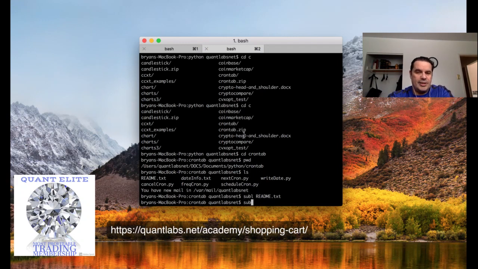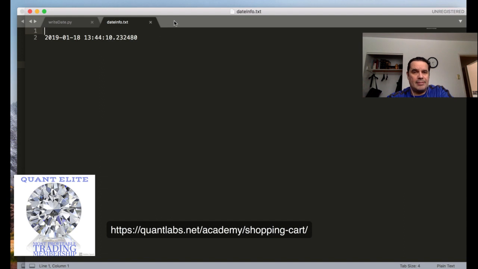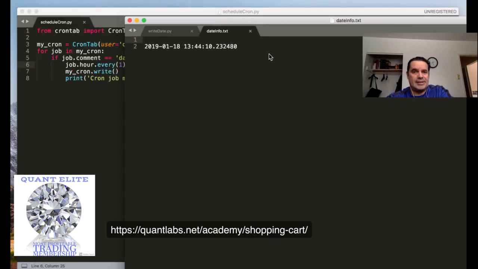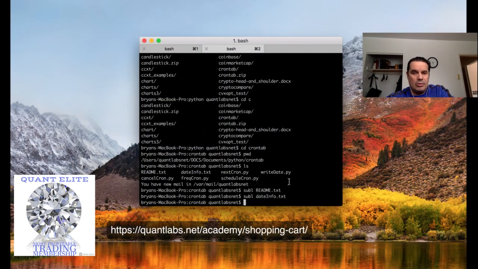Now, what we're doing is we are going to run a cron job from within Python using the crontab functionality in Linux to generate a file, dateinfo.txt, that will just generate a line in this file and print out the current date and time. That's really exciting stuff. So how it works is to use crontab, all you gotta do is just do crontab